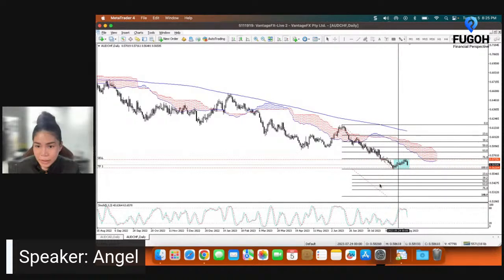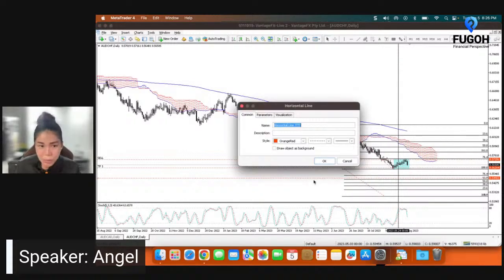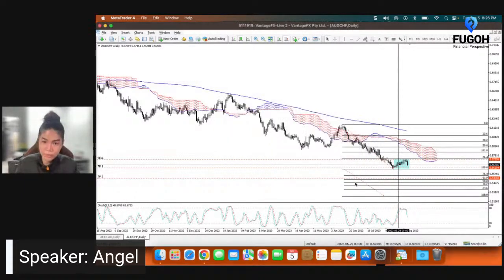You could see here, let me try to reverse it a little bit. I wanted to see where the 61.8 is, the golden ratio. Since this is the golden ratio here, I will put it slightly above it. So this is going to be my TP2. And my TP3 will be